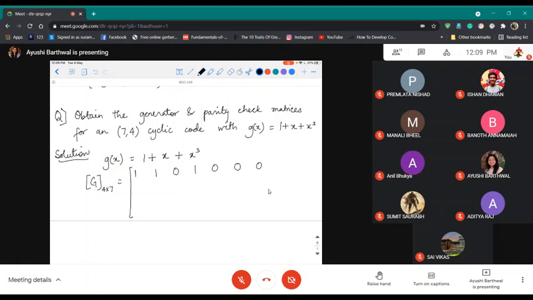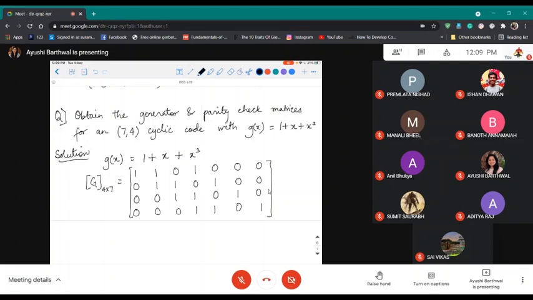Now the next row will be written by shifting the first row and then repeating the elements. Then for writing down the third row, you have to shift your second row by 1 bit and repeat the elements. Then for writing the fourth row, similarly. So this is how we are going to write the generator matrix.